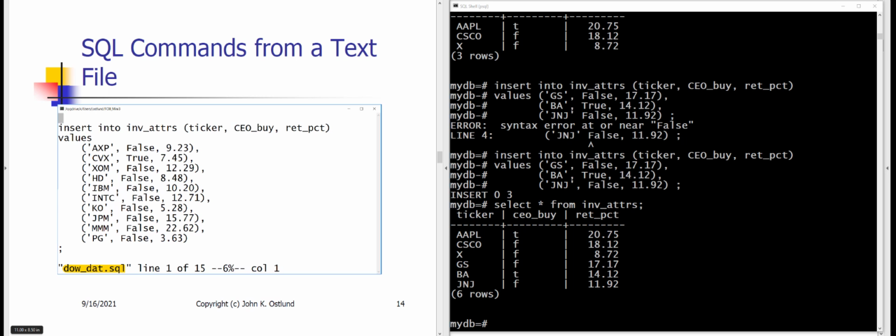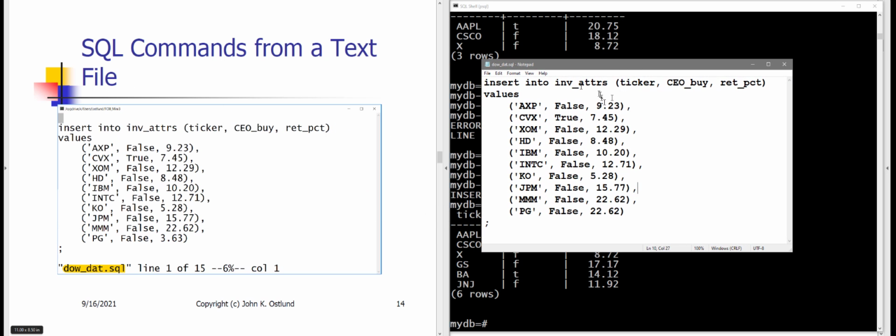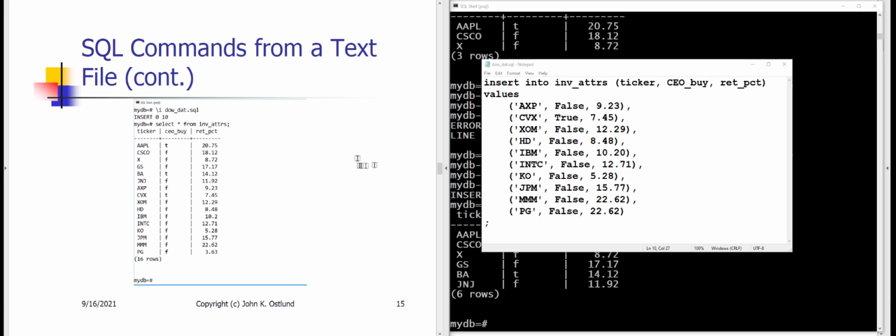All right, so here is that file. I created it just using Notepad, and I have saved this thing named dow_dat.sql. I happen to save it in my own downloads directory so that it will be easy to find. The psql command, the SQL shell command that I use to cause the shell to read commands from a file, is